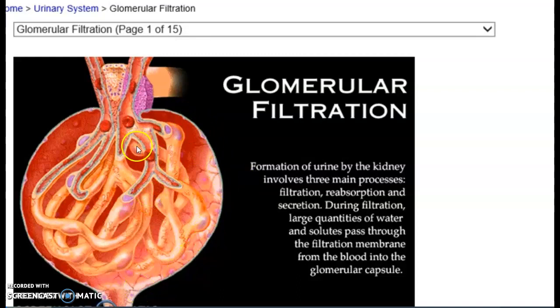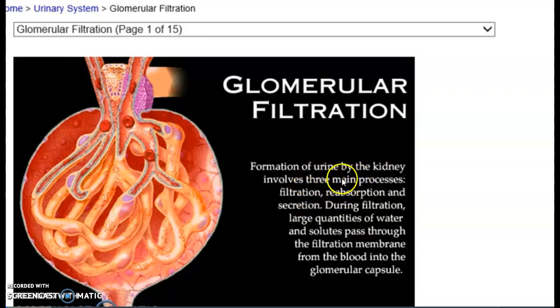And then, of course, we can see the efferent arteriole here, where we're sending blood in and blood out. And we are filtering the contents of the blood into this capsule to form this product called filtrate, and then we're going to send it to the proximal convoluted tubule. So hopefully that makes sense so far. But what we're really wanting to understand on this is what's going on in here, and also, this is really